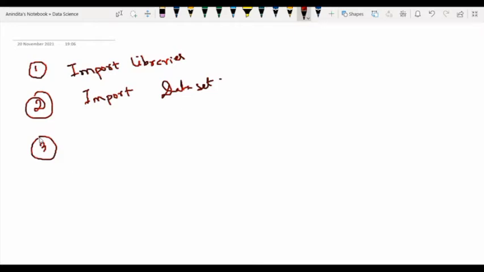Now, what is point number 3? This is not a separate step. You can say that while importing the dataset, you have two activities. Here we can perform data analysis also. This is not part of the algorithm, but whenever we import any dataset, we have to understand it. For that purpose, we can do this. But now the third step is very important.